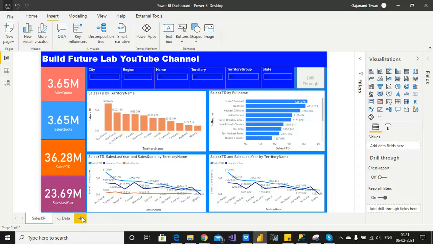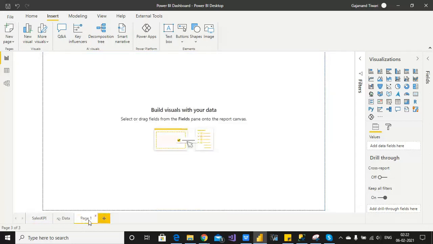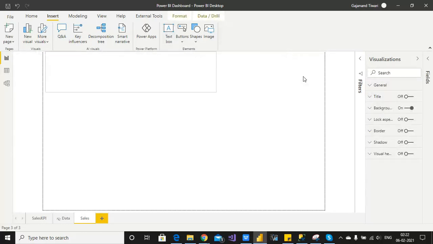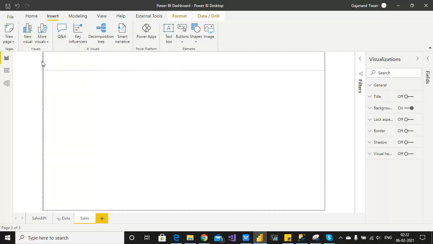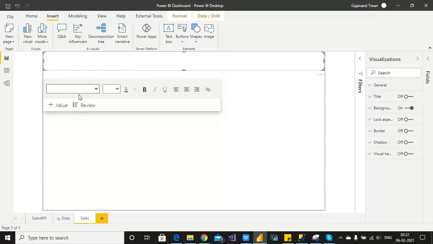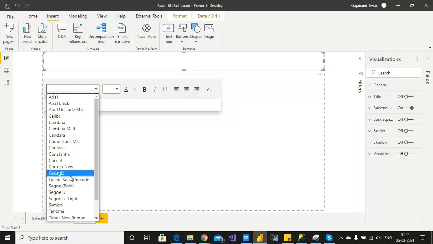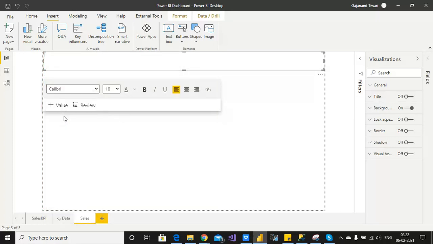For this, let's add a tab here and give the tab a name. Add a text box here, and after that I can show you one thing. Then give your color and whatever font size you want.